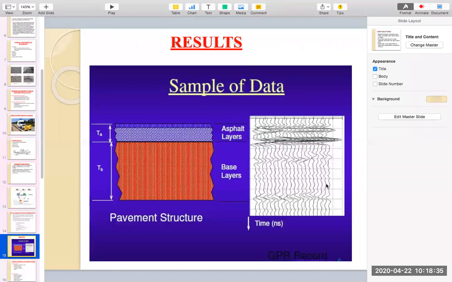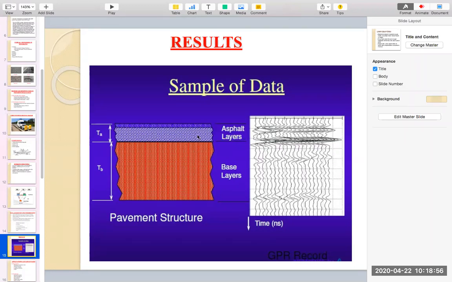This is the data result of the GPR, how it records. On the right side of the slide, you can see the different pavement layers. Different pavement layers have different material characteristics, so with the help of radio waves, you can separate these layers.